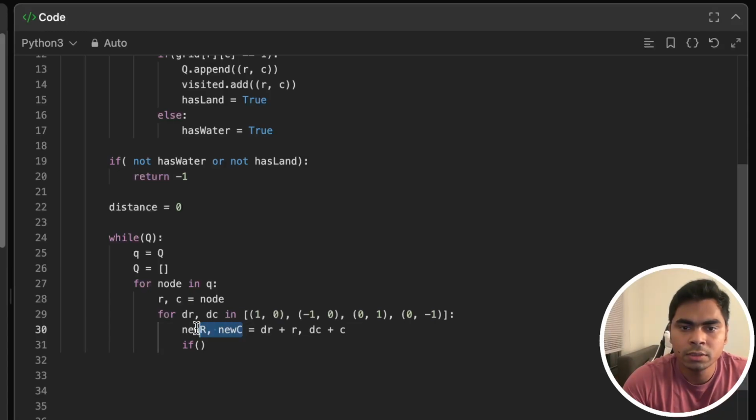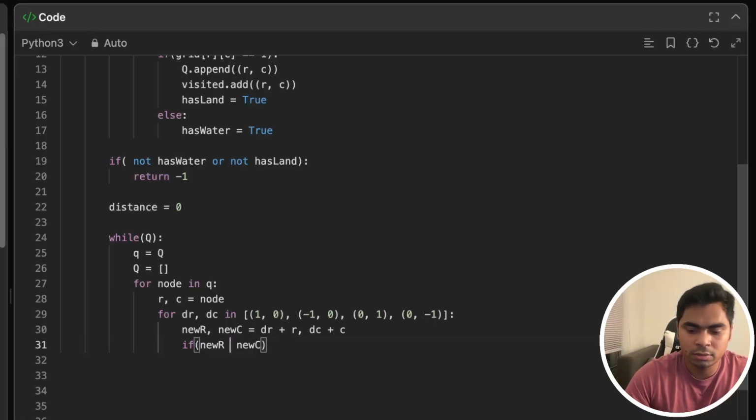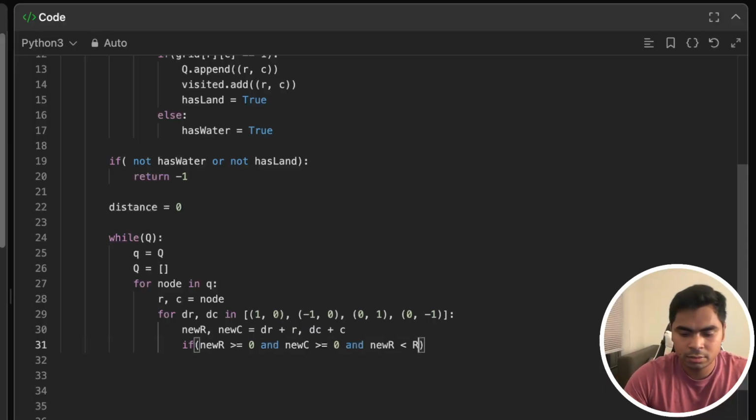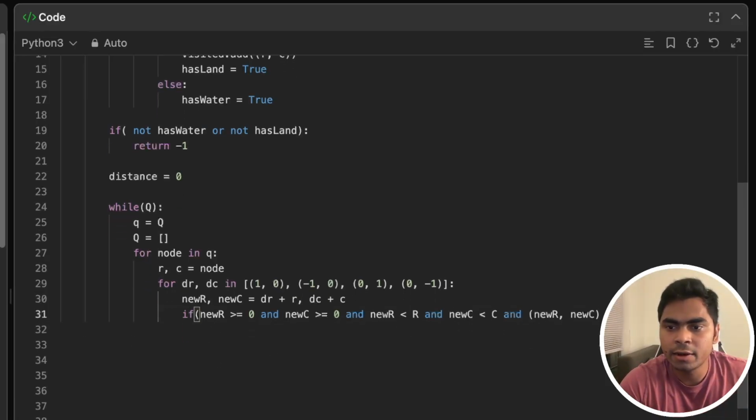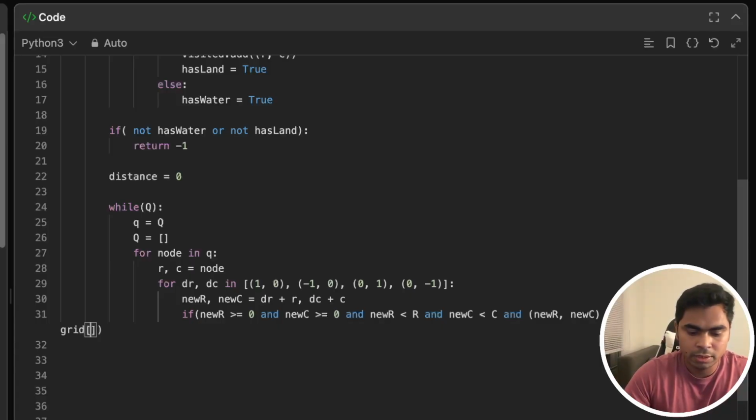Okay, so if this new r and new c, if new r is greater than or equal to 0, and new c is greater than or equal to 0, and new r is less than R, and new column is less than C, and this pair right here is not in visited, and the value at the grid at this new r and new column is equal to